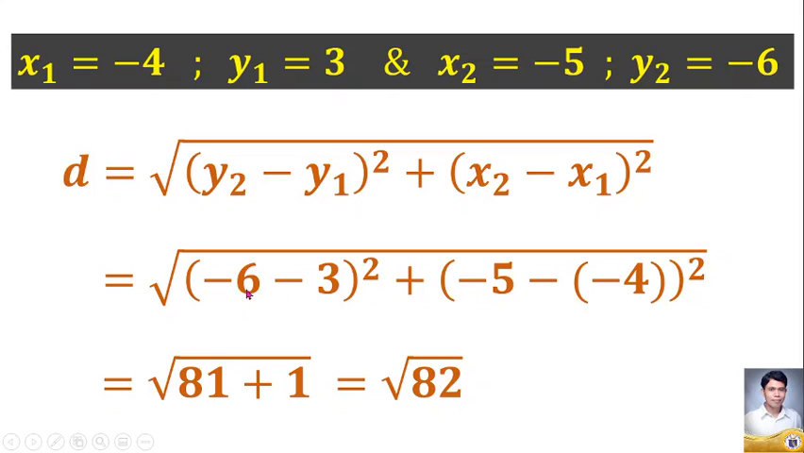First, negative 6 minus 3 is negative 9. Its square is 81. So we have here 81 plus negative 5 minus negative 4, which is negative 5 plus 4, and that is negative 1. The square of negative 1 is positive 1. So we have here positive 1. So the distance between the points, or the length of the segment, is the square root of